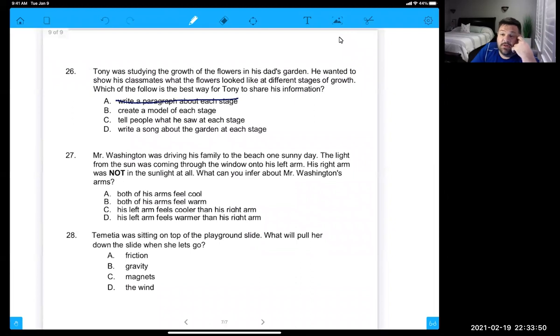They can see his words, but they can't see a visual of what's happening, right? Whenever you want to see something or see a visual, it's always creating a model, right? If he tells people what he saw, they can't really see it. It's just based on his words. And if he writes a song, that's just a silly answer. All right, number 27,